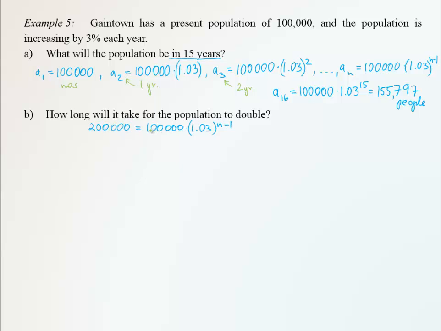So let's divide by 100,000 first, and then apply ln on both sides of the equation. So we'll end up with ln 2 equals, and over here we can drop the exponent, n minus 1 times ln 1.03. So n minus 1 is the same as ln 2 divided by ln 1.03, which is approximately, let's use our calculators,